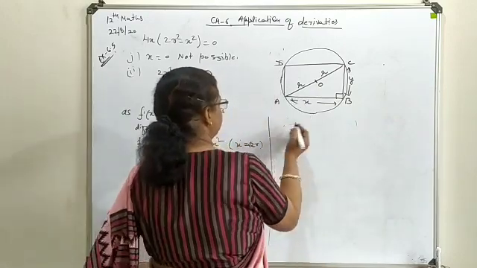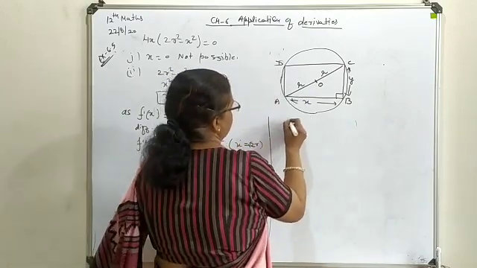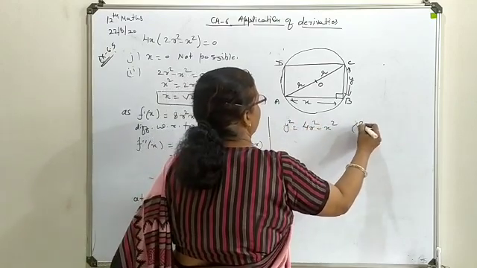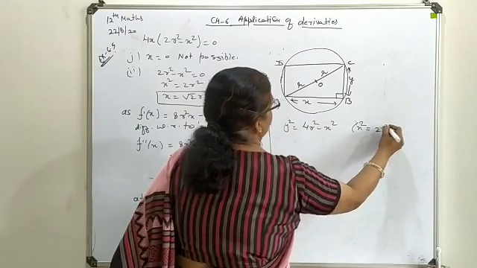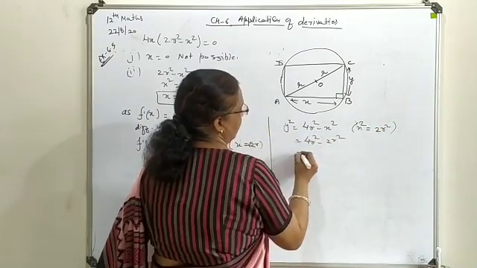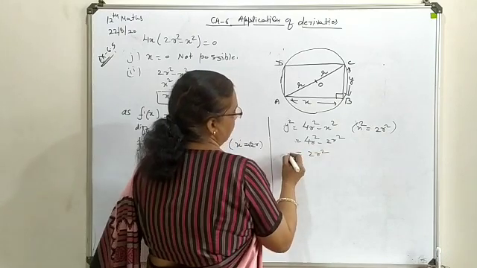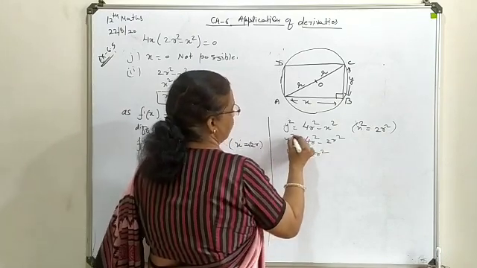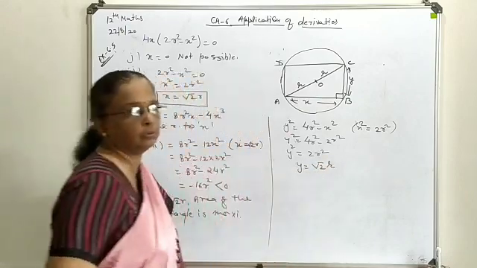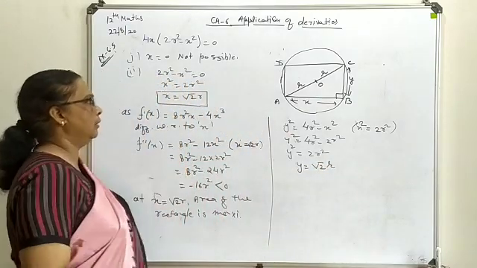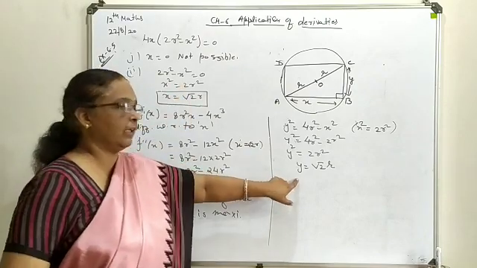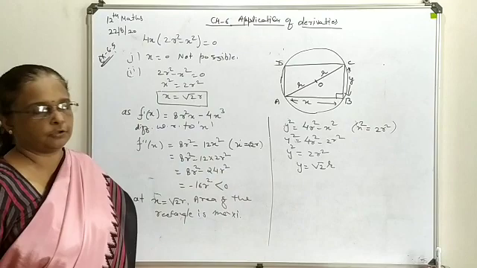Now here, y square is 4r square minus x square. X square what it was? 2r square. Substitute here: 4r square minus 2r square. This is 2r square. It is y square. So y you will have again as under root 2r. In the beginning x also we were having as under root 2r. Here we have found y as under root 2r.